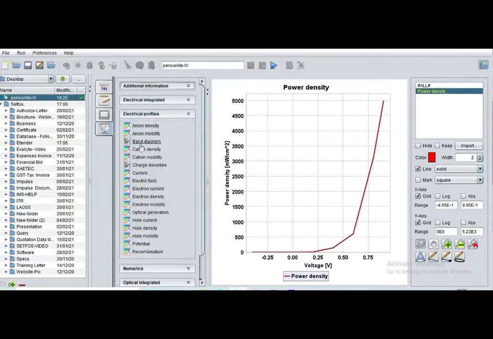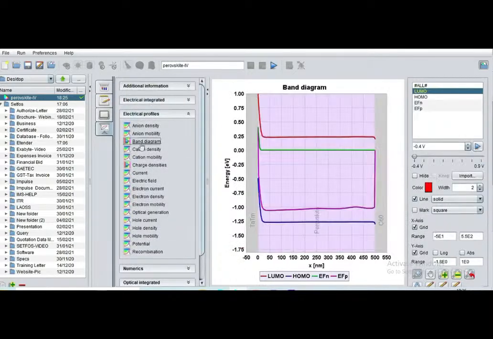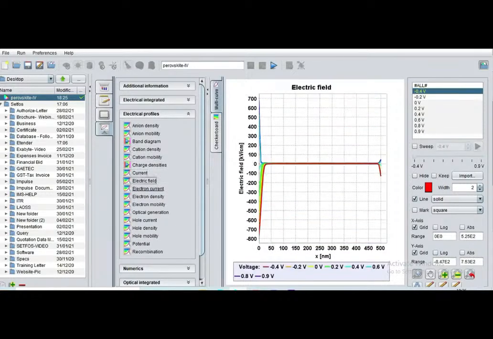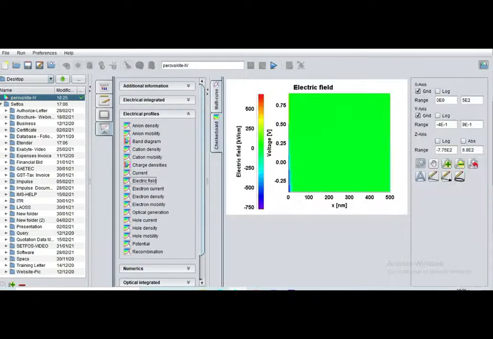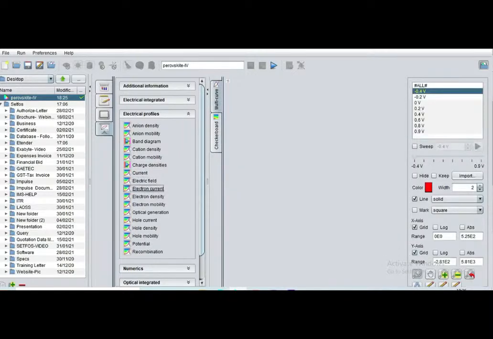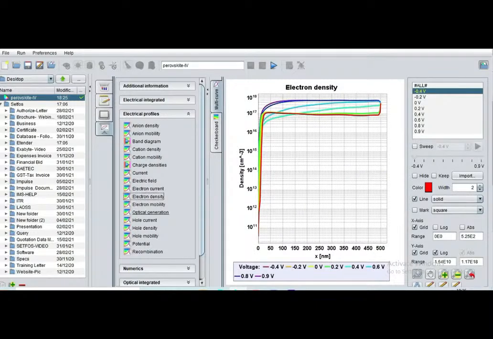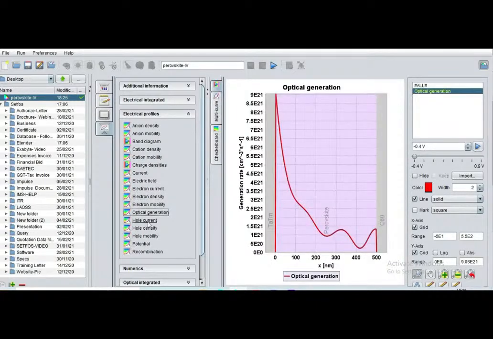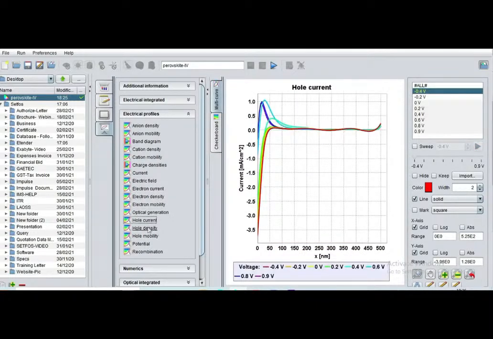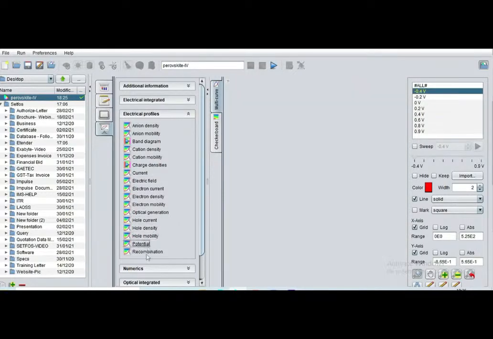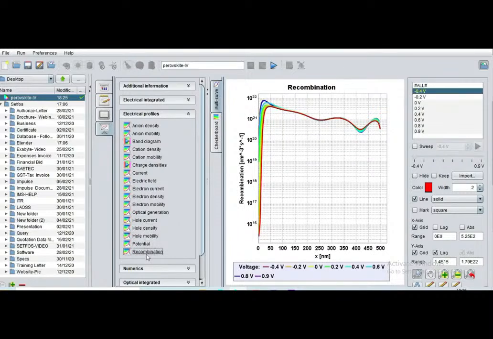Similarly, electrical profiles like the band diagram, HOMO-LUMO and energy reference Fermi level, charge density, electric field, optical generation efficiency, hole current and hole density, recombination,